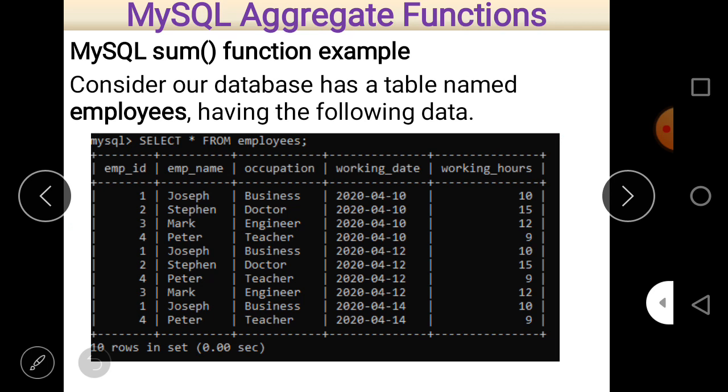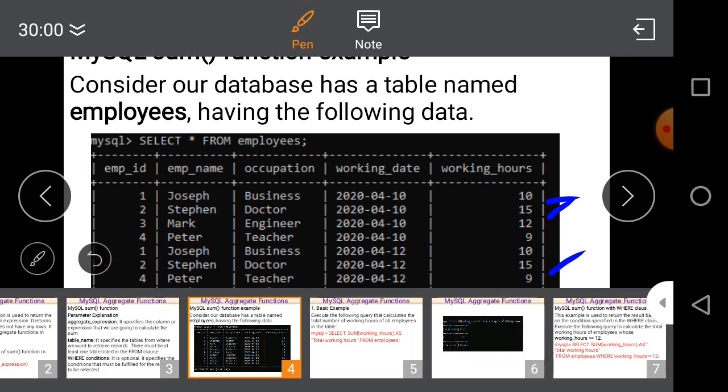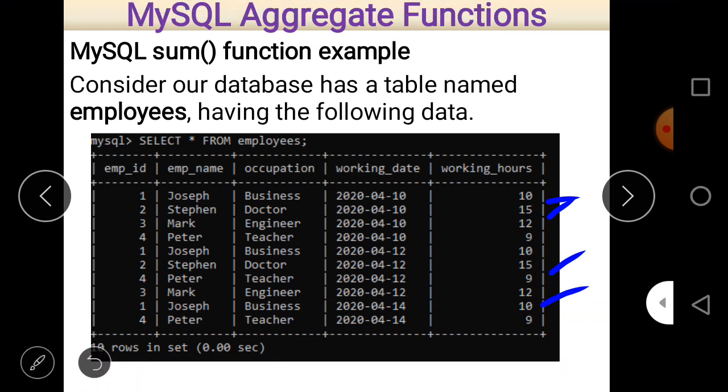Here we can see the working hours, so we have to calculate the sum of only those working hours which are greater than or equal to 12. So I think the first one is rejected because it is 10 and 10 is less than 12. Then the second, then the third, of course the fourth is not, the fifth is also not considered, then 15 is considered, 9 is not considered, 12 is considered, 10 and 9 are not considered. So here you can easily see that we have to make a sum of 15, 12, and then 15 and 12. 10 is not considered at all.